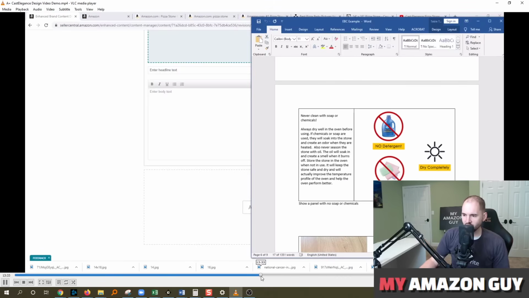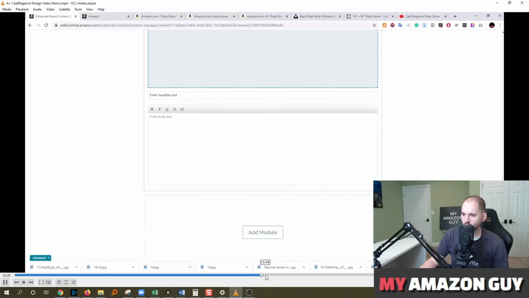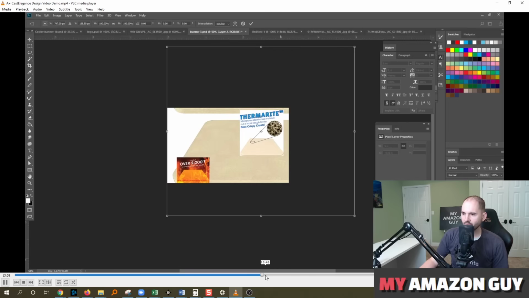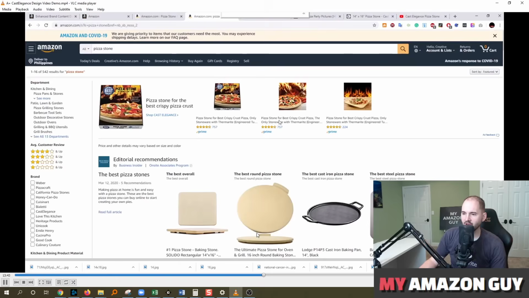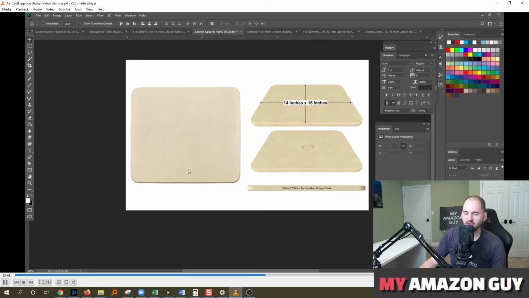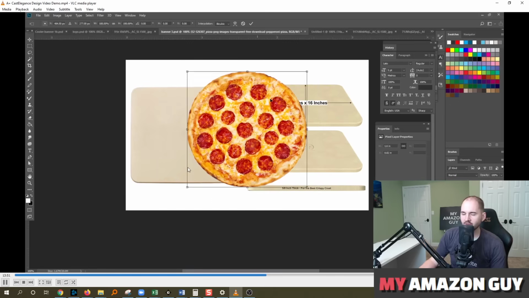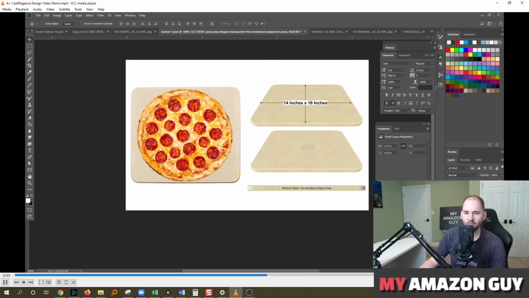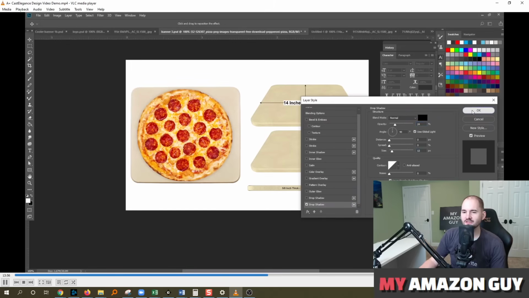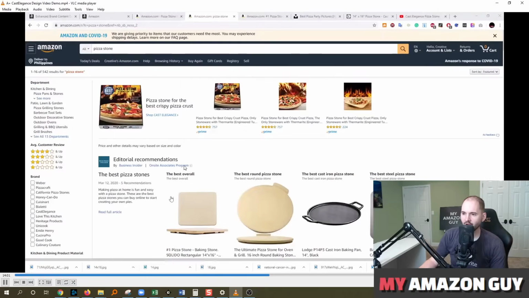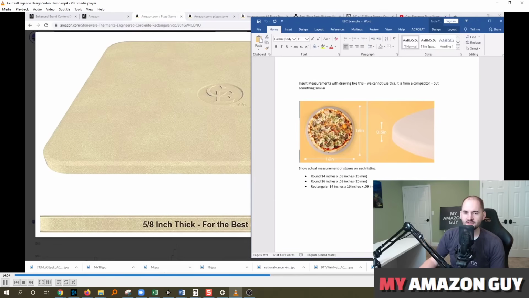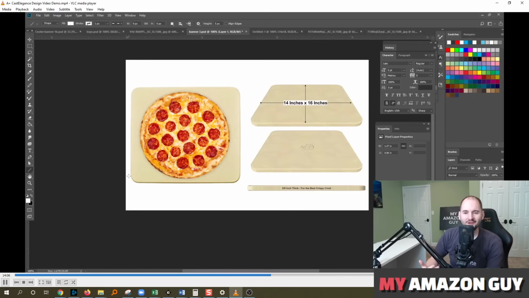So I'm going to speed a couple of things up here to see what else we're pulling back from some additional assets to see, hey, can we make this look even better? So we've got some sizing constraints here. We're looking at what the competition is doing inside of advertising. All right, can we throw another pizza on this to give a little bit more view to this? So we've grabbed a pizza shot, threw it on top of the stone, because throwing a pizza on it, it just gives it a little bit more pop, makes it look a little bit better and shows you a lot more,